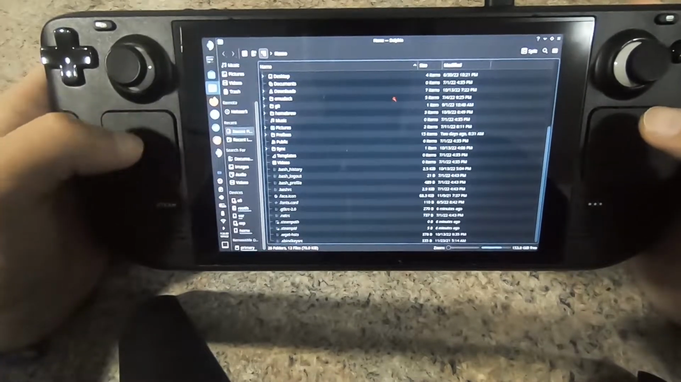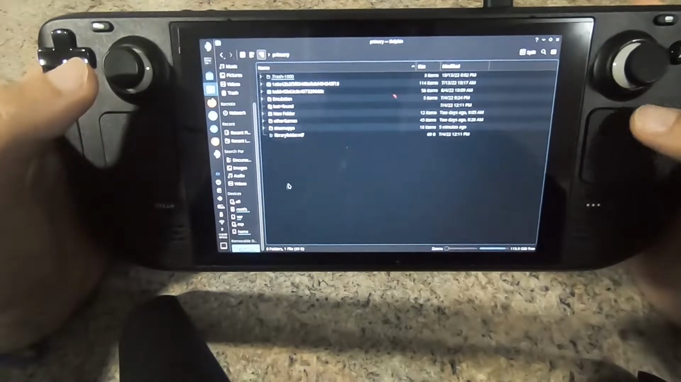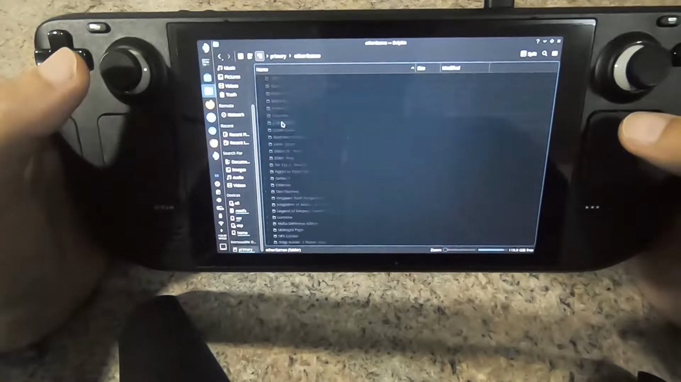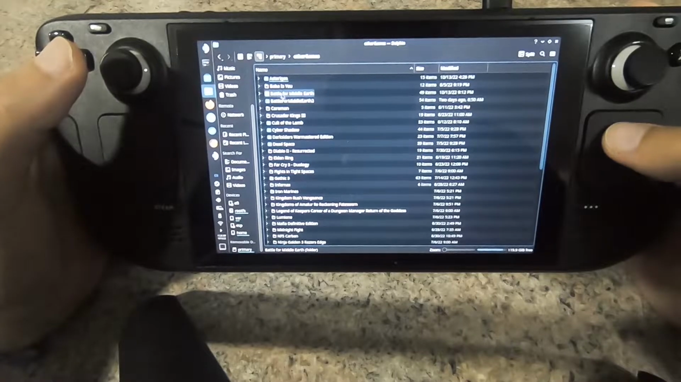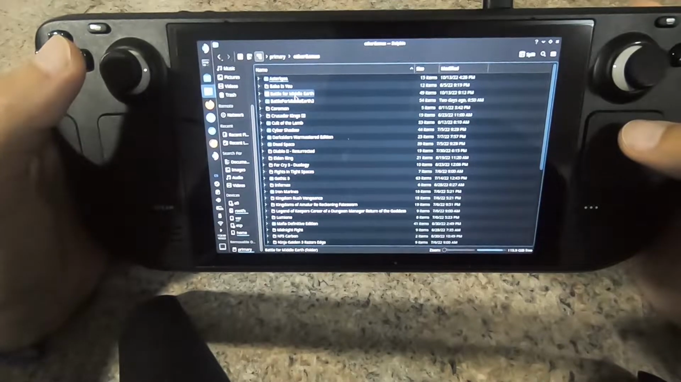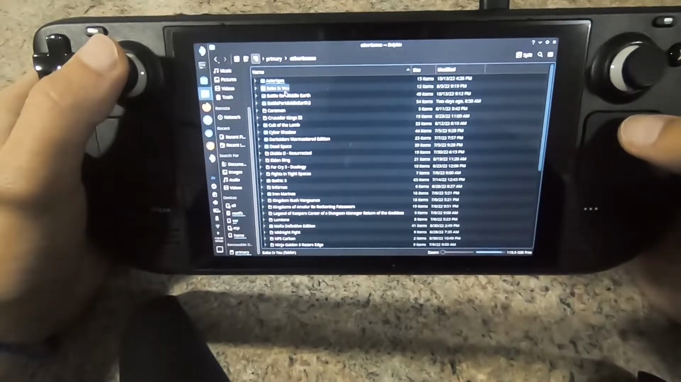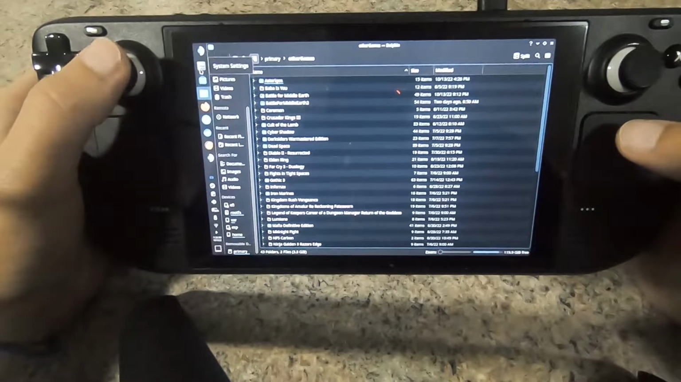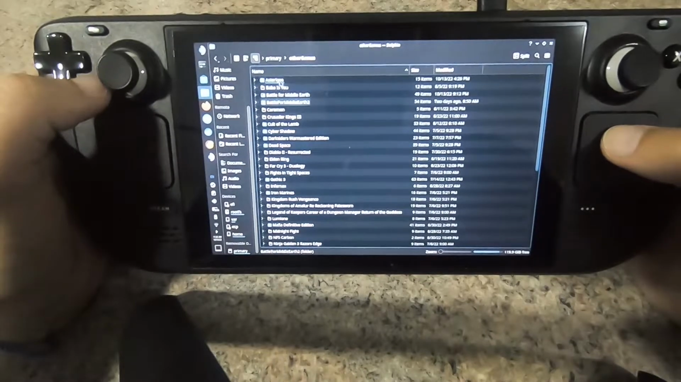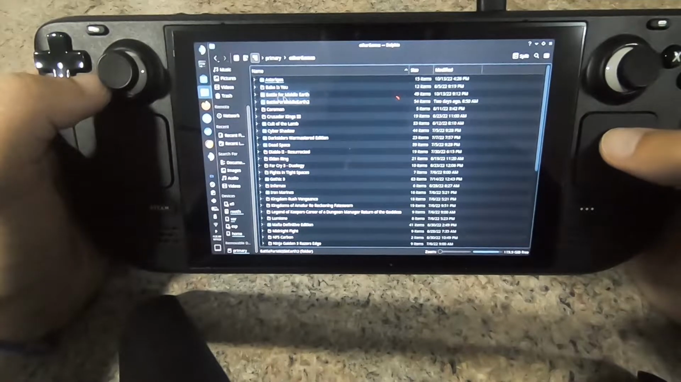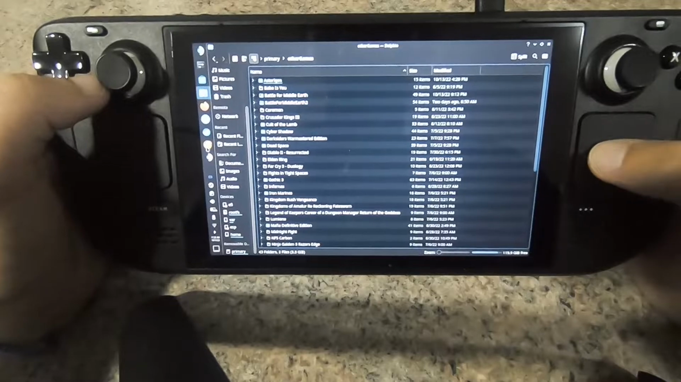To the topic at hand, what I did was copy the already installed games from my PC directly onto the Steam Deck using either an external hard drive or even the Syncthing software. So I have Battle for Middle-earth 1 and 2 already copied on my Steam Deck, and to make them work